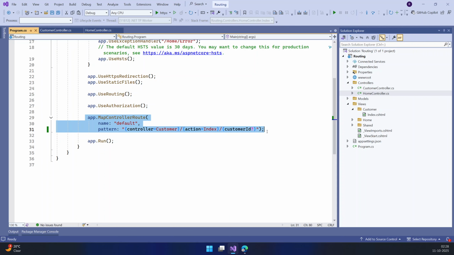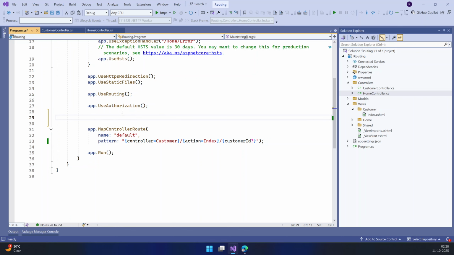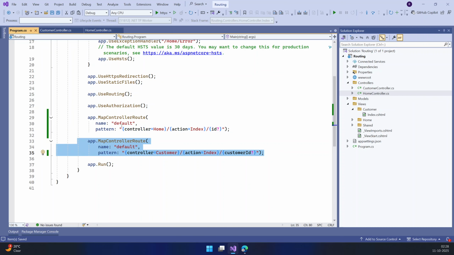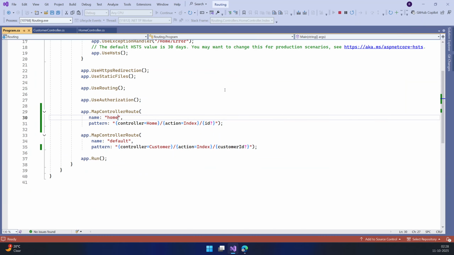Let's copy this controller route attribute, paste it over there, and give it a different name. So I'm saying that whenever I'm calling a home controller, it should be my ID, and whenever I'm calling a customer controller, it should be my customerId. You can give some different name to it. Maybe let's say home. And now if I run my application,